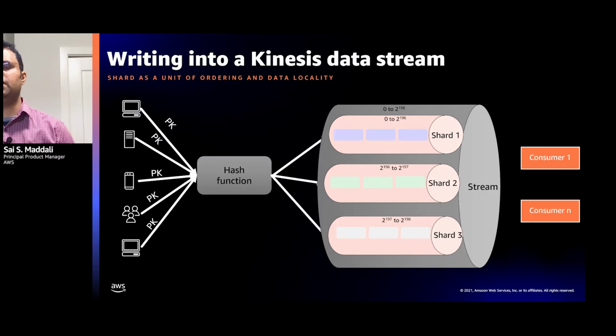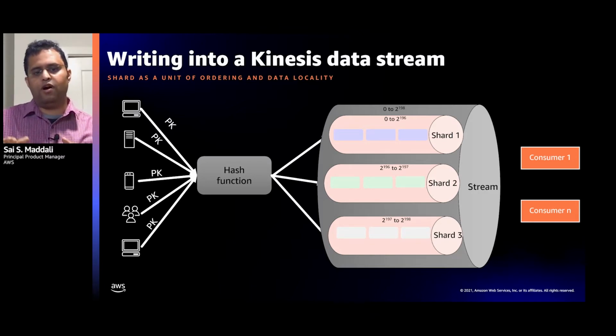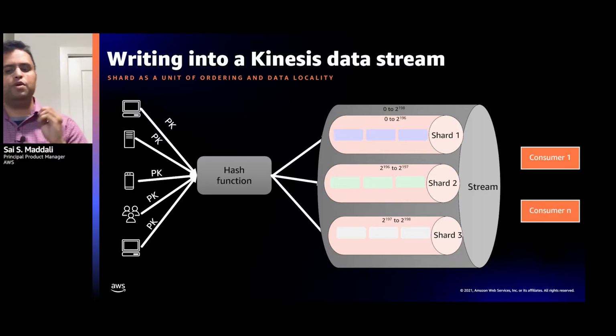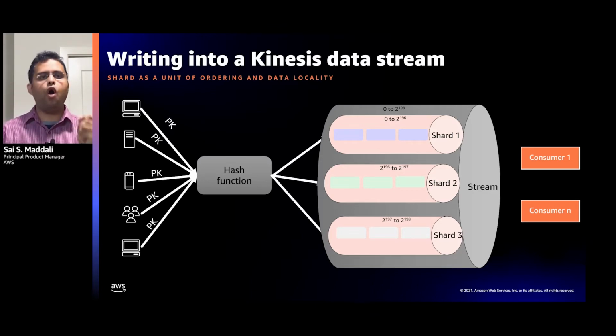So in this case, you'll see that all the purple products are assigned to shard 1, all the green products are assigned to shard 2, and all the white products are assigned to shard 3. Now, this data locality is important for you to actually count these things in a very short period of time. If you have all the records within the same shard, your processing logic can access all these records within that same thread or within the memory and thereby able to perform these calculations very quickly.